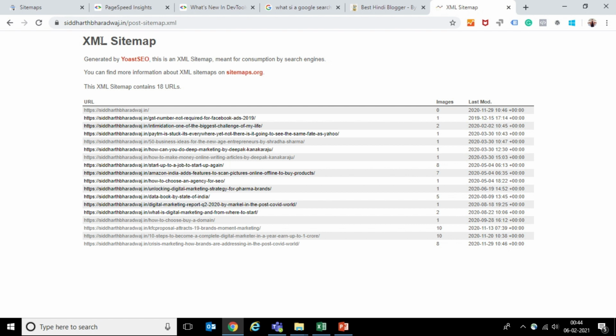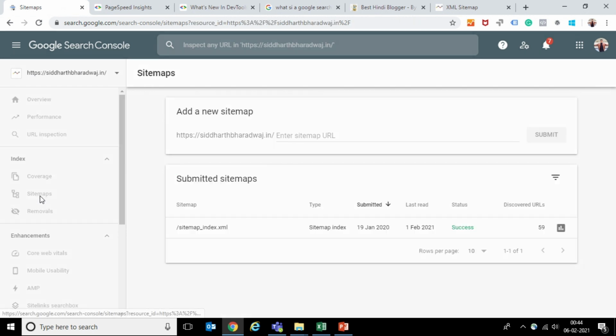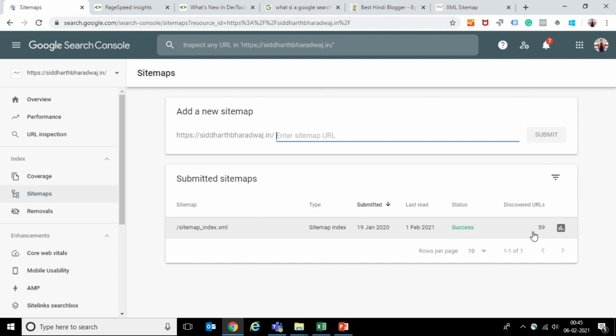There are various free websites. You just need to go and type XML sitemap, free XML sitemap, and there will be a lot of websites that will come in. You need to create a XML, this kind of a link for your website, and you need to go and submit it here, right? So for example, I go to sitemap, I need to again paste it here and I click submit. Once I do that, it'll take some time, and the status will come, and how many URLs under this is visible, that will come in, right?